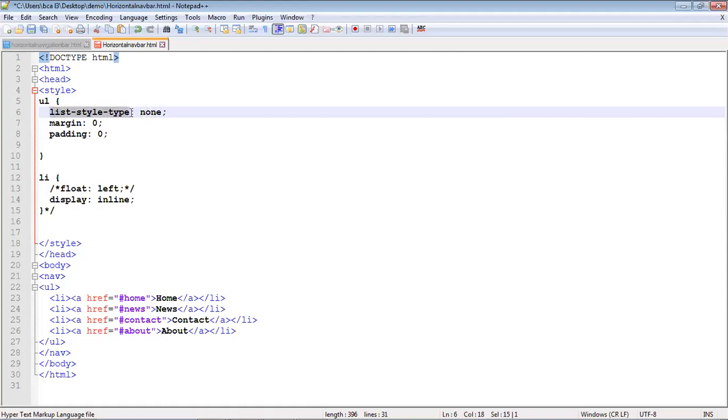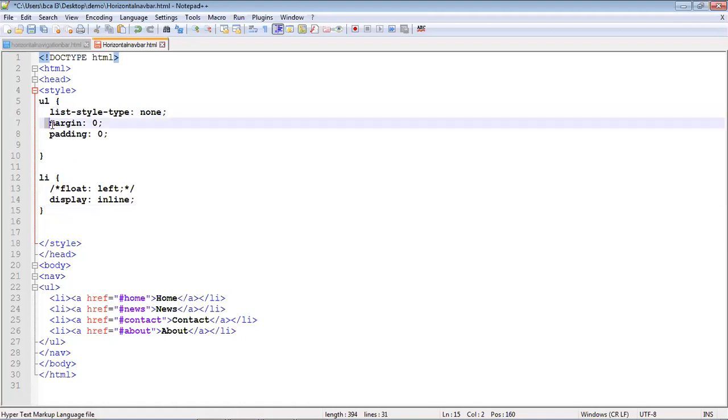Similarly here we use margin, very important, margin. Here I am giving the value 0, which means right, left, top and bottom are 0. Remember, margin and padding are very important properties in CSS. Margin is mostly used for the tag.